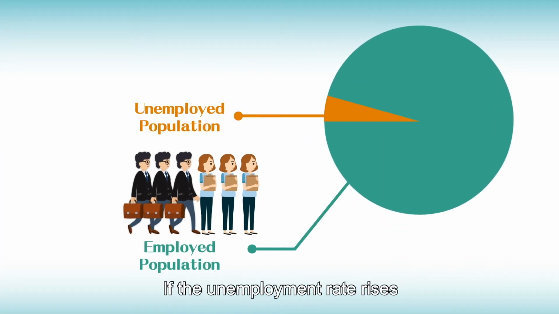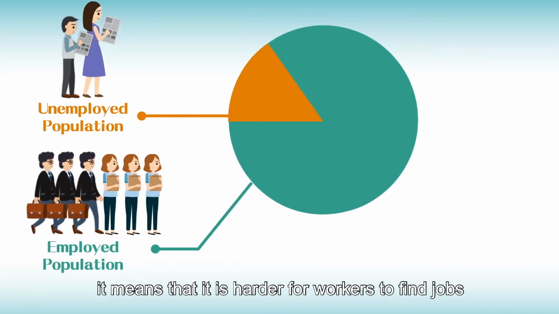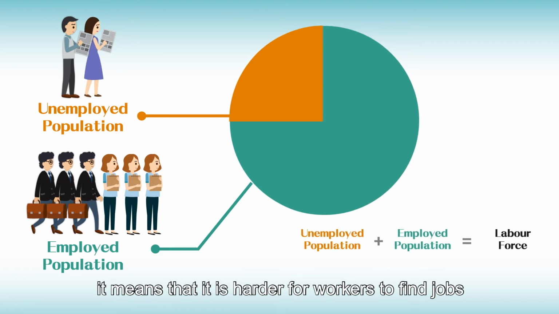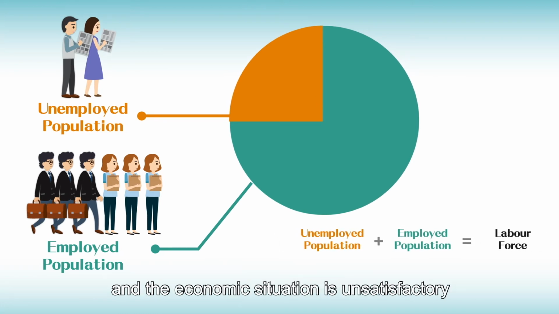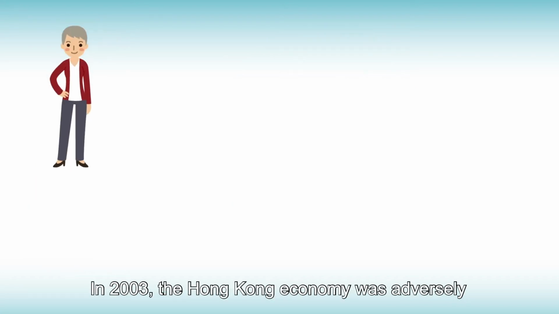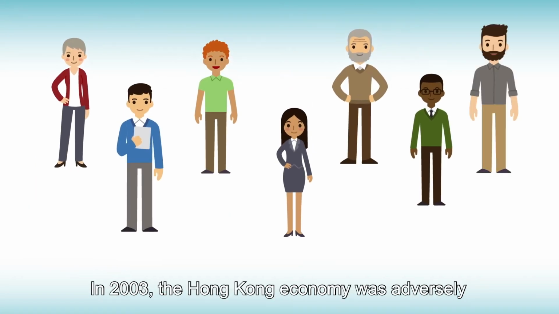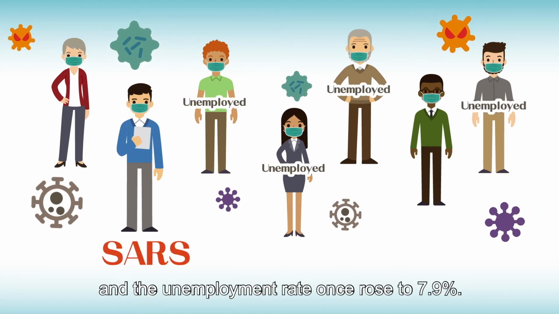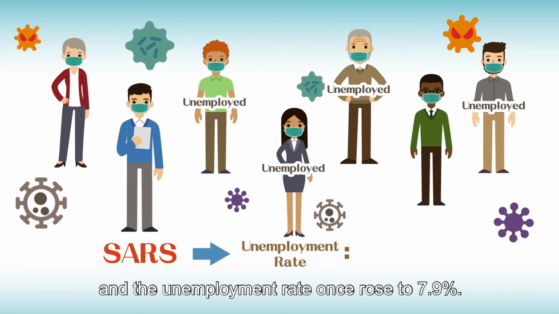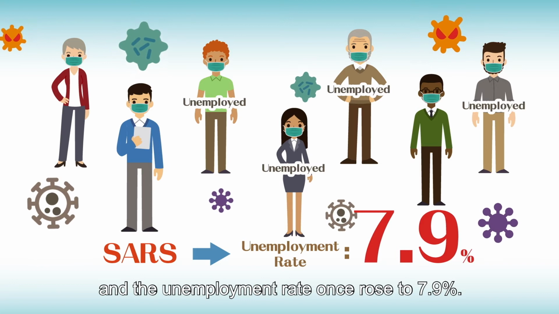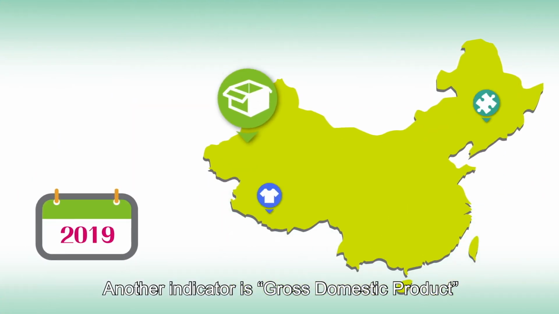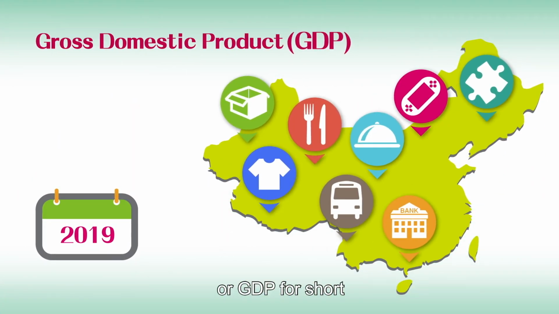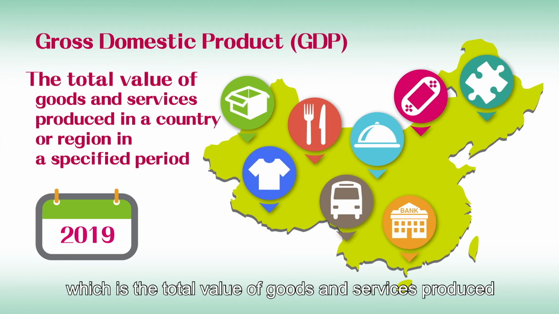If the unemployment rate rises, it means that it is harder for workers to find jobs and the economic situation is unsatisfactory. In 2003, the Hong Kong economy was adversely affected by the SARS epidemic, and the unemployment rate once rose to 7.9%. Another indicator is Gross Domestic Product, or GDP for short, which is the total value of goods